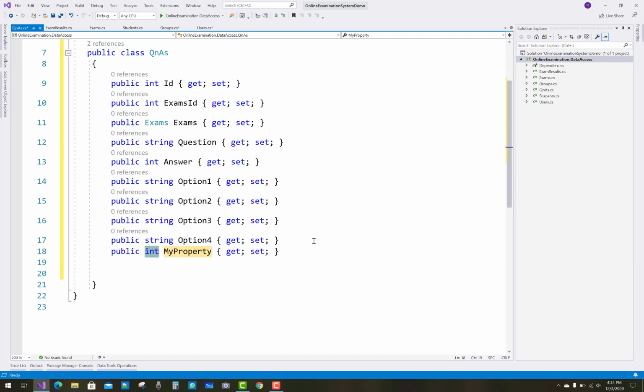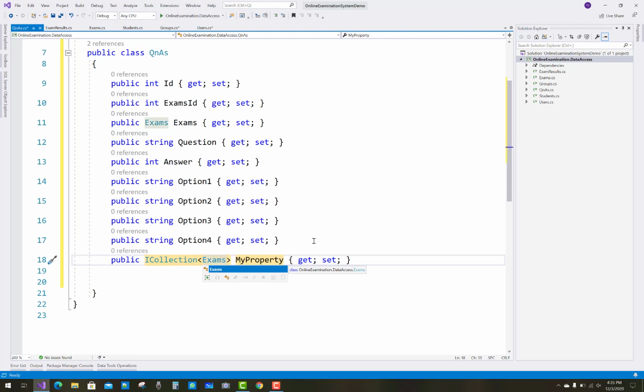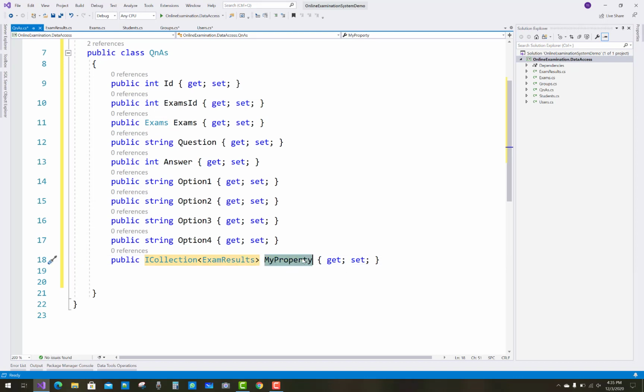So prop ICollection exam results. You must initialize with a new HashSet, that is the exam results.